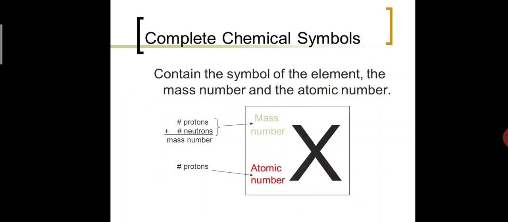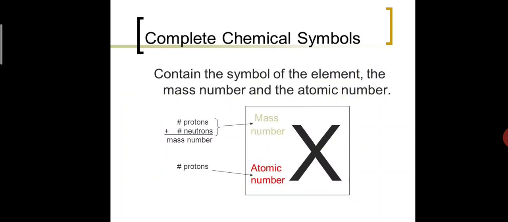So, how to identify the atomic number? How to give the symbolic representation of an element? I am considering X as one element. Here, the number present on the top, we call it the mass number. The one present below, we call it the atomic number. So you can remember like this: mass means weight. The weight will always be placed on the top. One which is heavy I am placing on the top. Is it clear? So mass number is on the top. Atomic number is below.